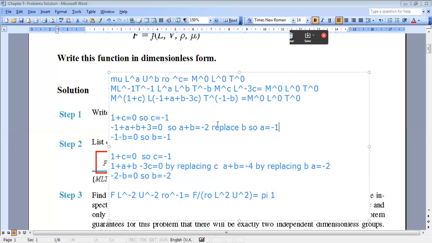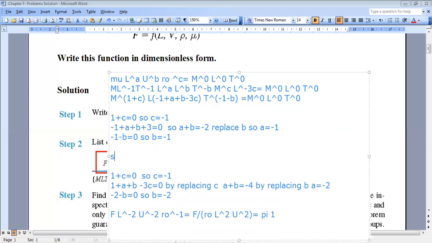Okay. So what will be my group now? So I can say that my group is mu times L to the power minus 1, times U to the power minus 1, times rho to the power minus 1. Or I can write it